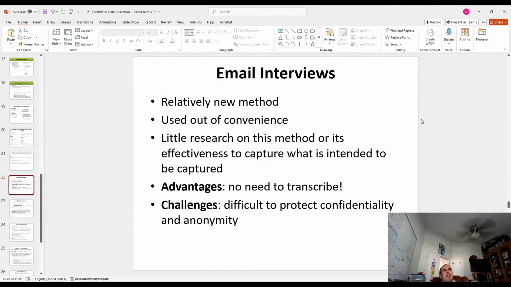Because it's really sort of disconnected from the interviewee, so it's used out of convenience. There's not that much research on this type of methodology. The advantage is you don't need to transcribe anything. They've already typed it up for you. And the challenge is it's really difficult to protect confidentiality and anonymity because you have a lot of email streams